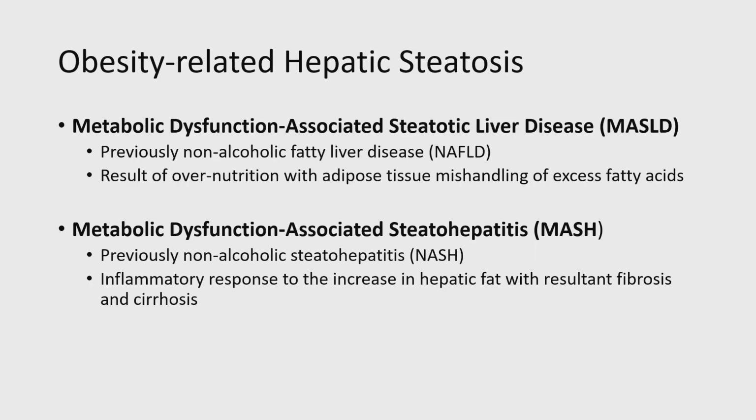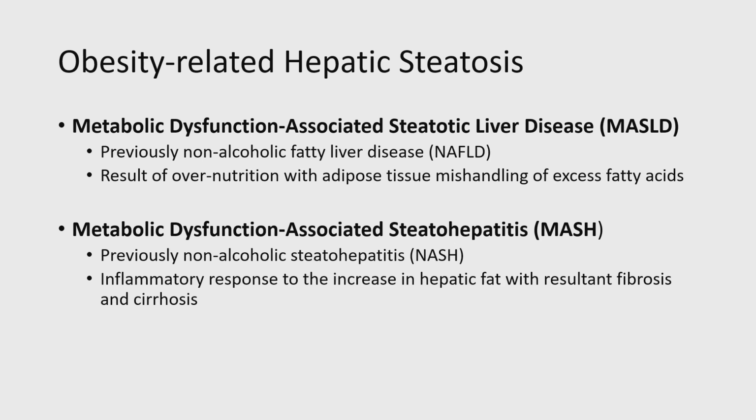And so we'll just shift a little bit to describe obesity-related hepatic steatosis. This is also a new naming convention that has changed. We used to call it fatty liver disease or NAFLD. It's now metabolic dysfunction-associated steatotic liver disease. The previous description is that it results from overnutrition with adipose tissue mishandling of the excess fatty acids. There's also MASH, which is metabolic dysfunction-associated steatohepatitis. This was previously known as NASH, and this is an inflammatory response to the increase in hepatic fat and resultant fibrosis